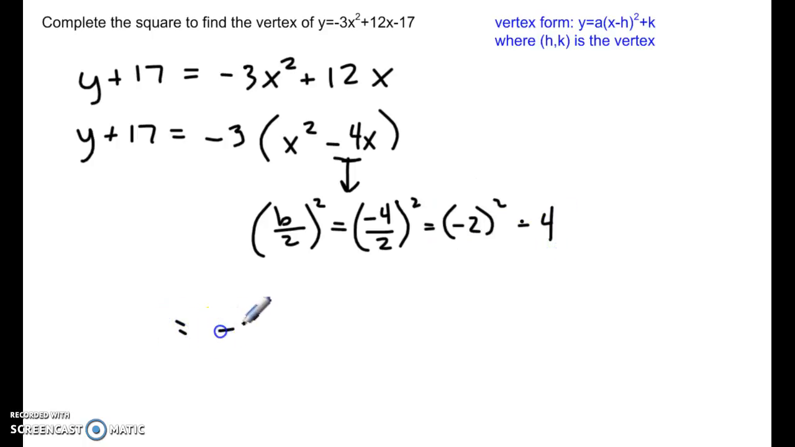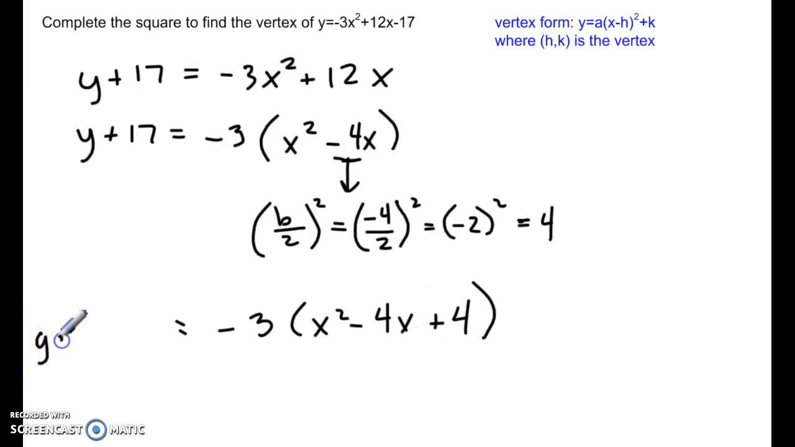So we're going to add that in: negative 3 times x squared minus 4x plus 4. On this side, whatever you do to one side of an equation, you have to do to the other. So we have y plus 17 plus, we can't forget we have a negative 3, so negative 3 times 4. So on this side, x squared minus 4x plus 4,